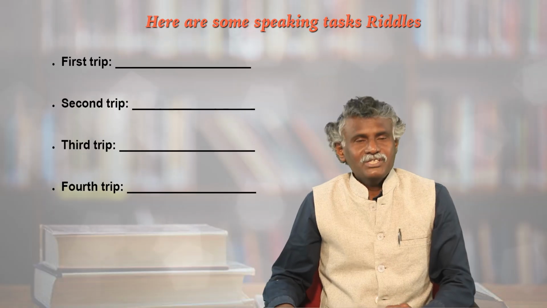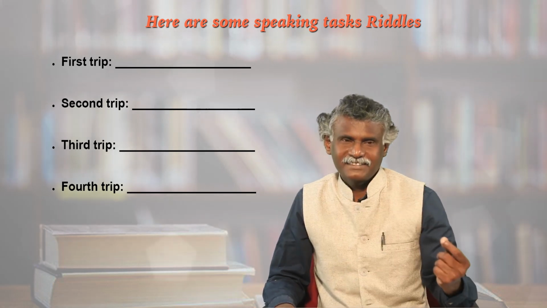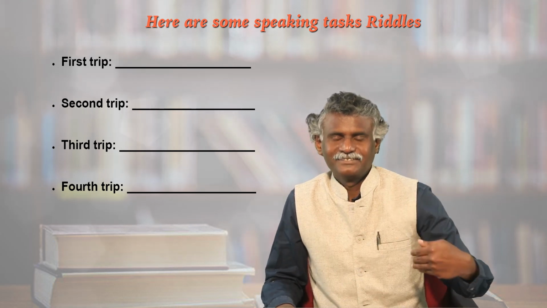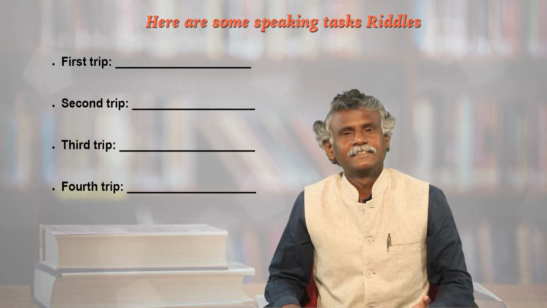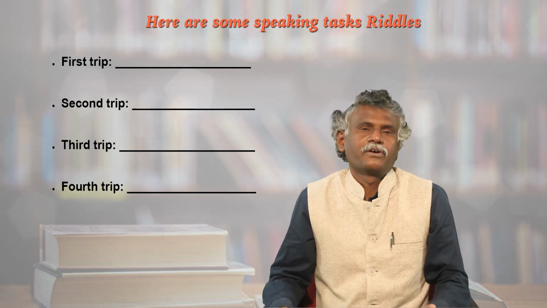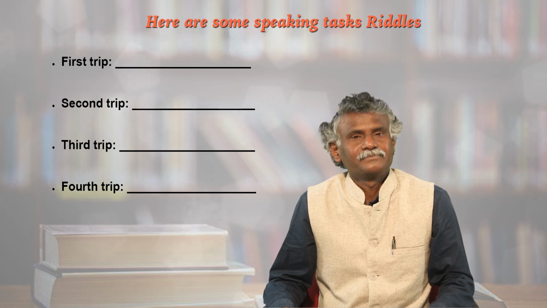Now, it is easy to solve, any child can solve, but you will have to speak out as you solve. How? In the first trip, the farmer will take this and come back. The second trip he does or brings back, like that you have to speak. Then you will understand what you are actually doing. This is called think aloud protocol. So, here is the riddle for you, solve it.